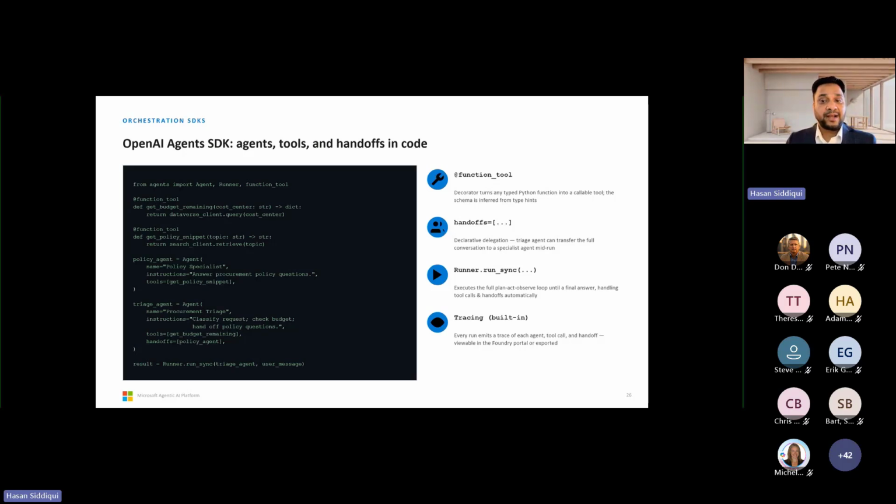It inspects the Python function signature and docstring and auto-generates the JSON schema the model needs to call it correctly. So you can see the piece of code where we define the function, handoffs, how it will run, and how it's tracking the build.